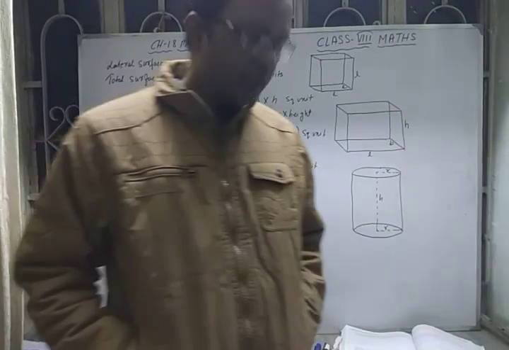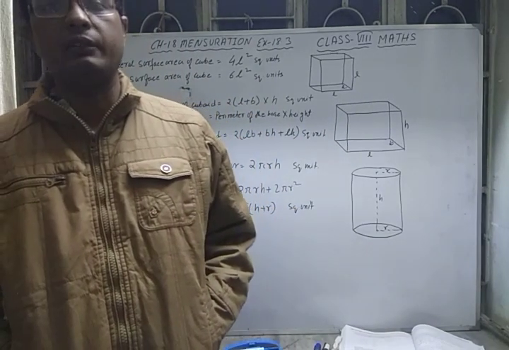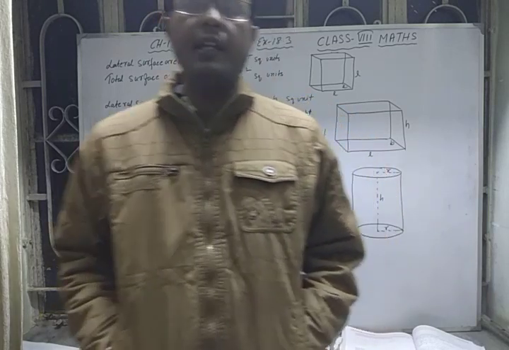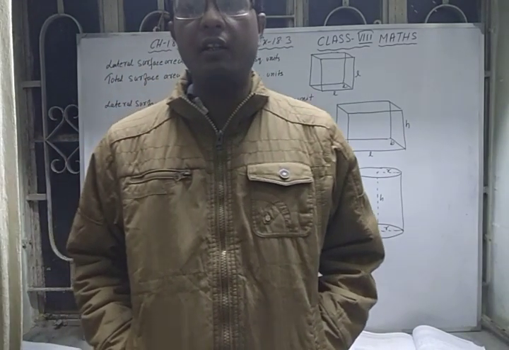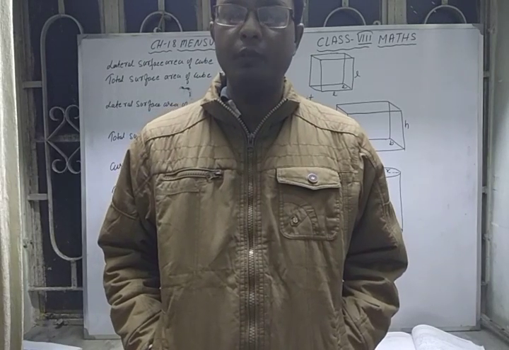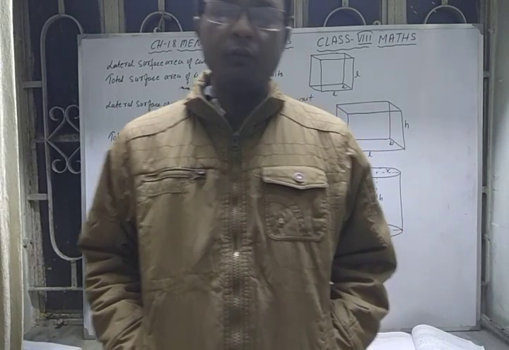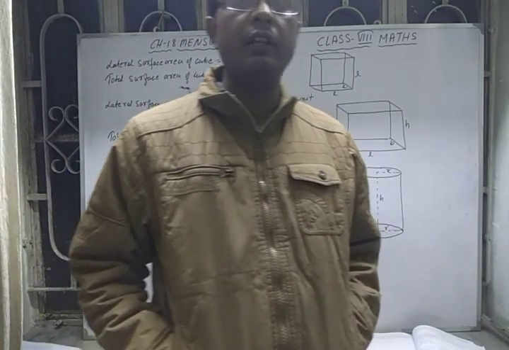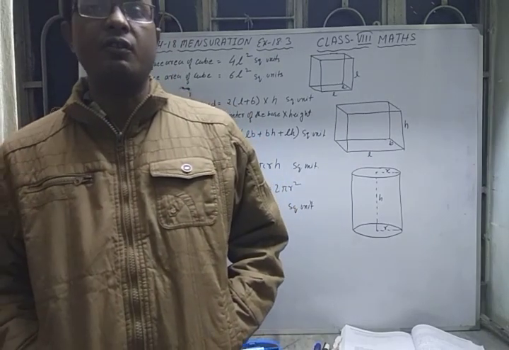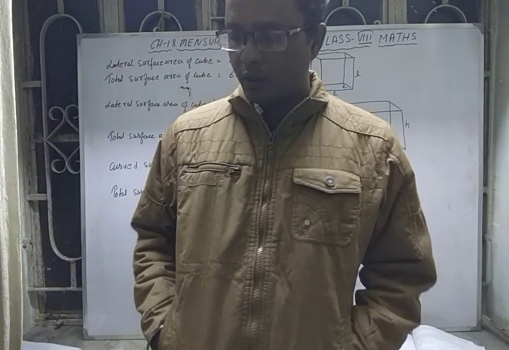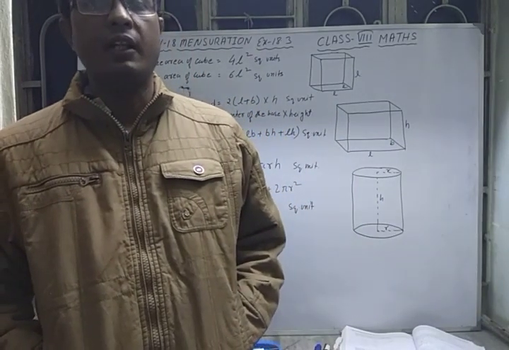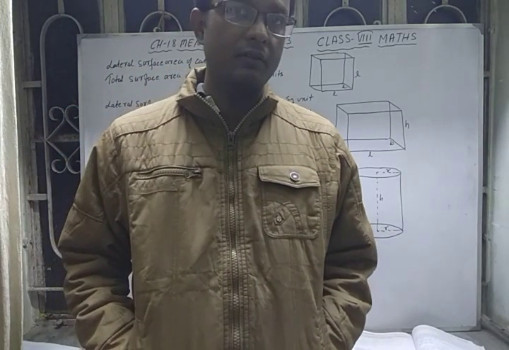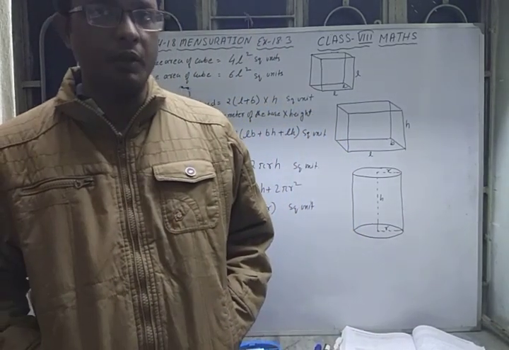So in the case of three-dimensional figures, we don't say the simple area of cube, cuboid and cylinder. Rather we can say the surface area of cube, cuboid and cylinder. Now the surface areas can be of two types. First one is called the lateral surface area, which is also called the area of four walls, and the total surface area, that is the area of the four walls with the area of the floor and the ceiling, meaning top and the bottom.